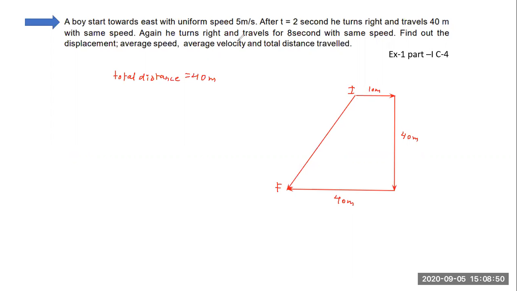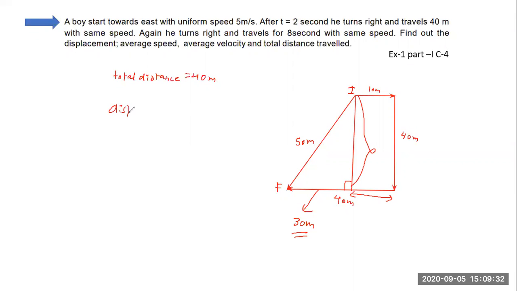So if you see, this will be a right angle triangle, with the right angle over here. Since this whole is 40, this will be 40 minus 10, because this will be 10. So this much will be 30. So we know it's a triangle in which two sides are 30 and 40. So the hypotenuse, because it's a right triangle, will be 50 meters. That will be the length of this straight line segment, so that will be the magnitude of the displacement.